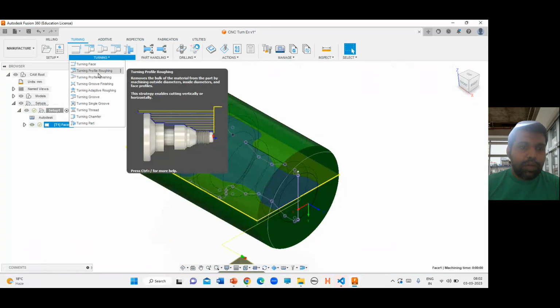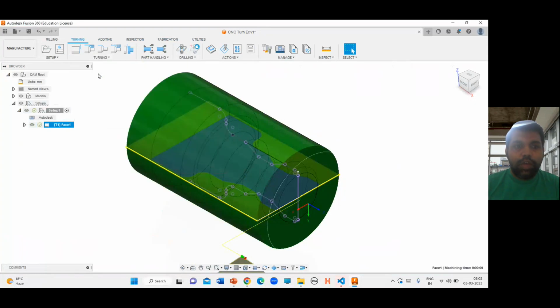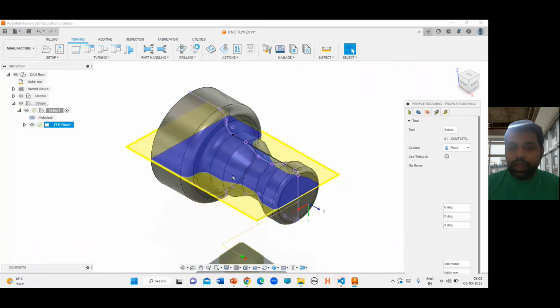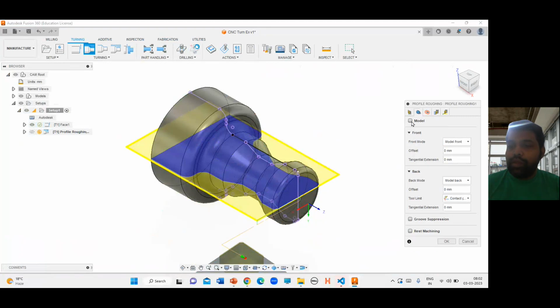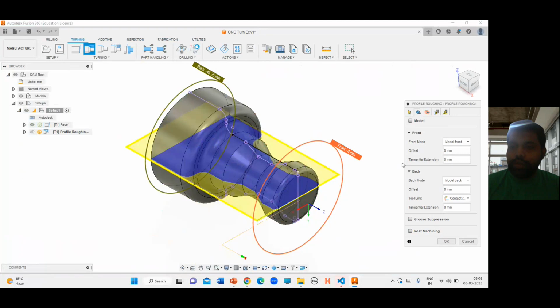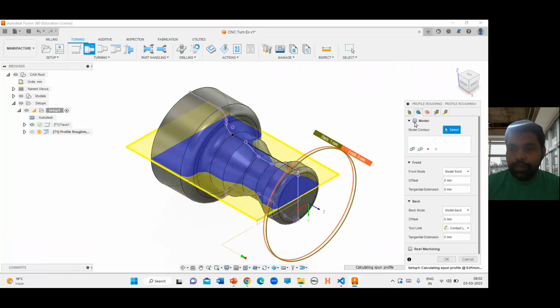Once again, go to turn profile. Here facing is very simple, but in turning we have to be more careful. So we'll be using the same tool. The only difference that we are going to make is the model. This is where we will be using the references that we have already created. So go and check this model, and it will be asking for the model contour. So just go and select this model contour. I just selected this model contour,